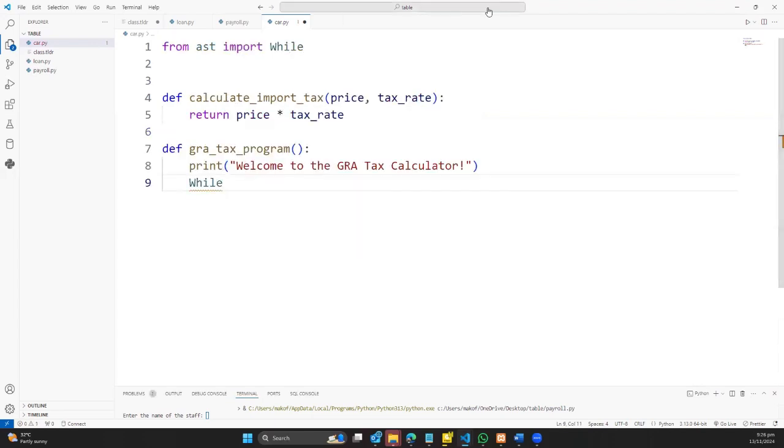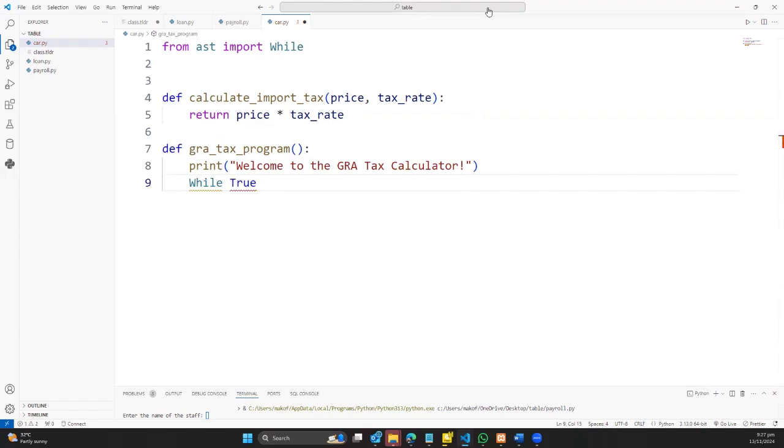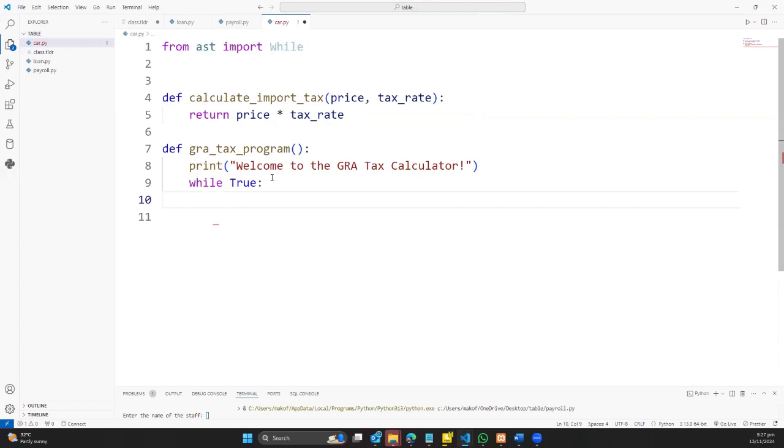While true, the W in a while is small. So while true,